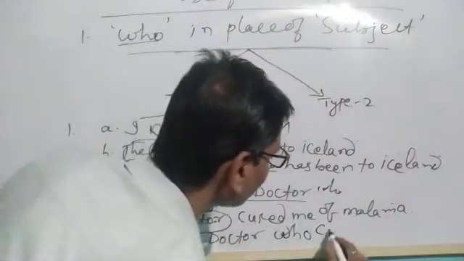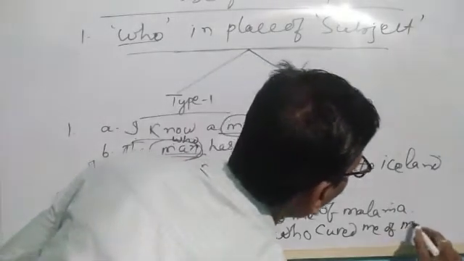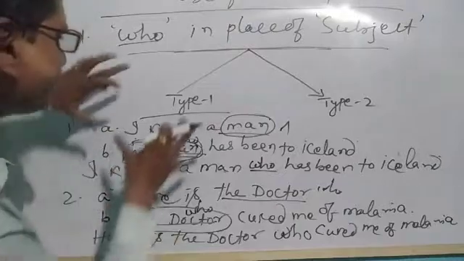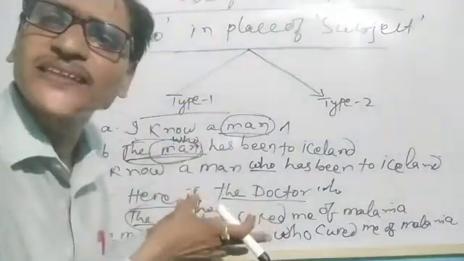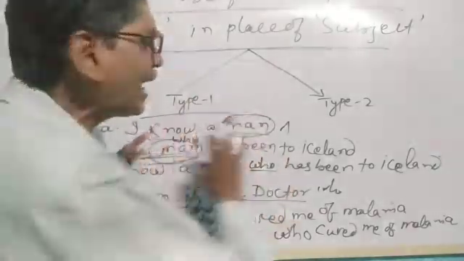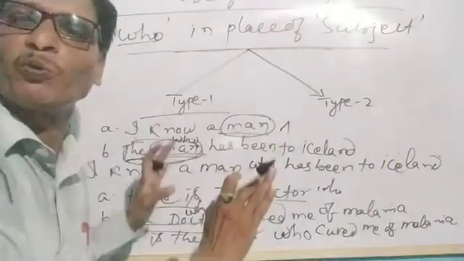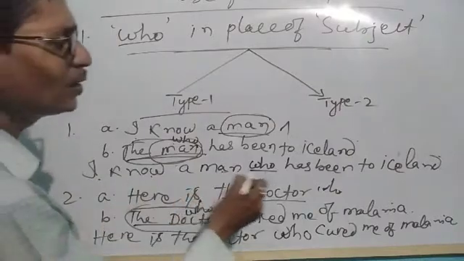Who cured me of malaria. Understood? So in the past type, we are taking the second sentence and using a relative pronoun and adding it with the past sentence using the relative pronoun. This is type 1. Okay? So what? I know a man who